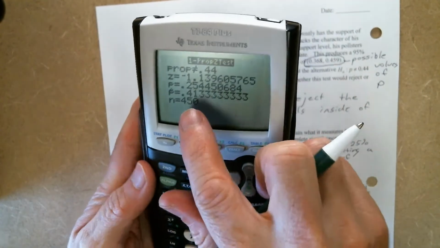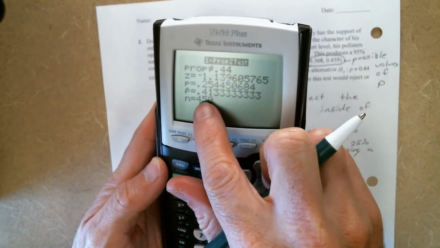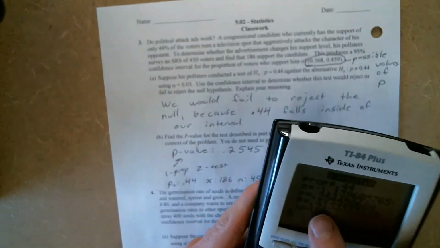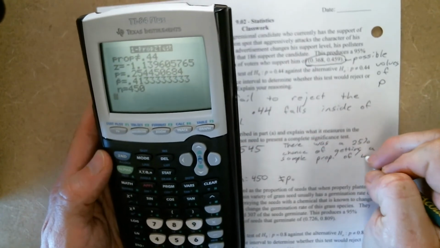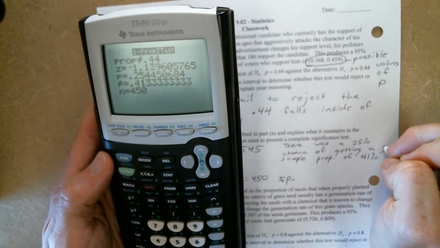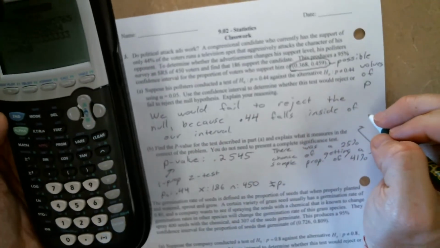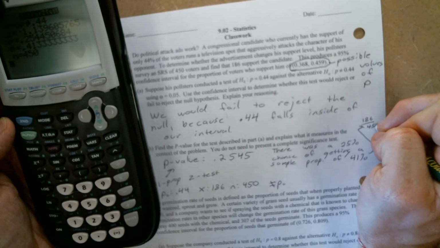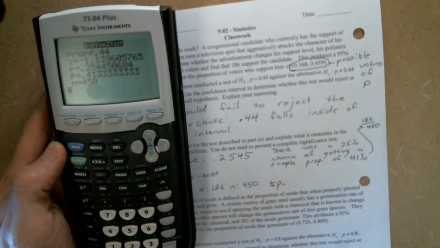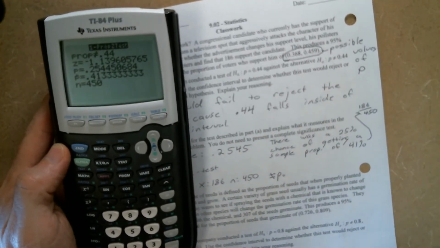Sample proportion was 41%. That's just the 186 divided by the 450. So there's a 25% chance of getting a sample proportion of 41%